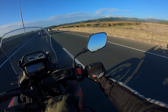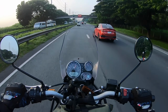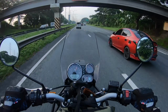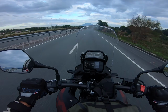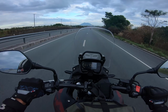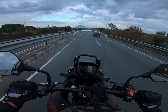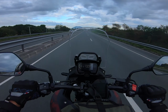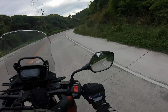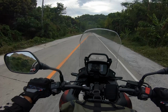Comfortable cruising speed would be around 110 to 115 kph. The Himalayan is a good long-distance tourer as well, and also very good on bumpy roads. But I found the CBX more comfortable for extended distances with its better power and wider seat. Even after a 500-kilometer mixed on and off-road ride with it, I still felt comfy and fresh going home. The CBX is also great in the twisties, much more flickable than the Himalayan, with good power for shooting out